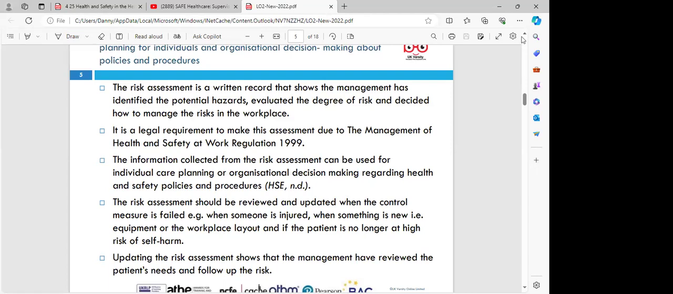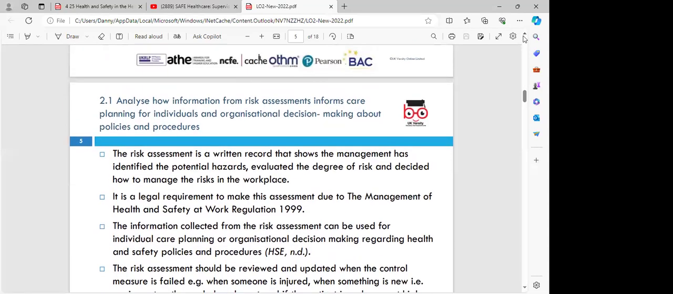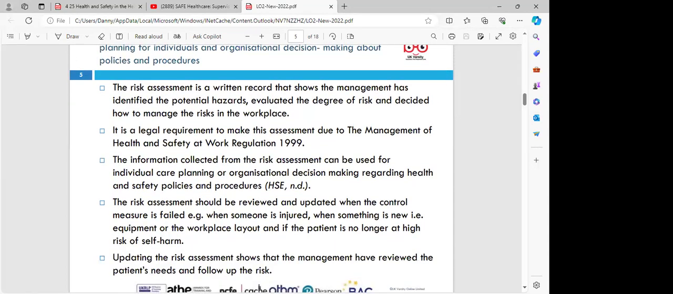So we see the recordings on. We have to look into how we can analyze risk assessments for individuals and organizational decision making about policies and procedures. So I've just said that risk assessment is normally a written record that shows the management has identified potential hazards. Now we have to look into first the legal legislation, which we've mentioned,